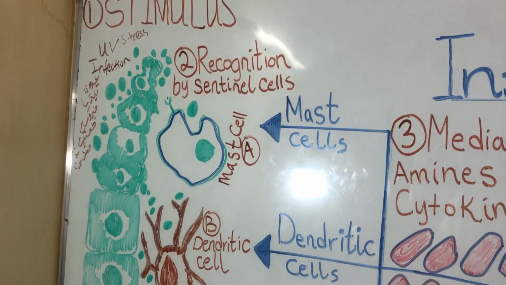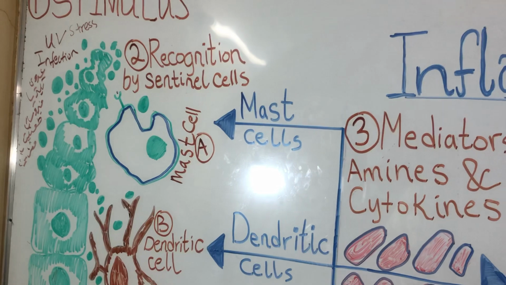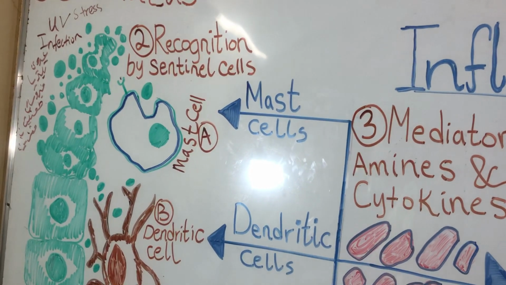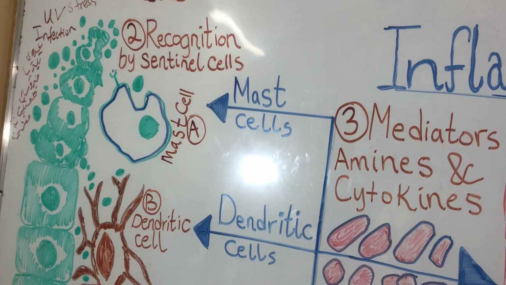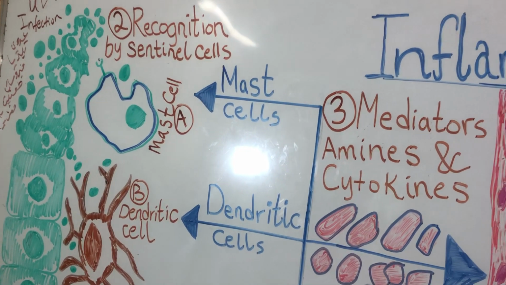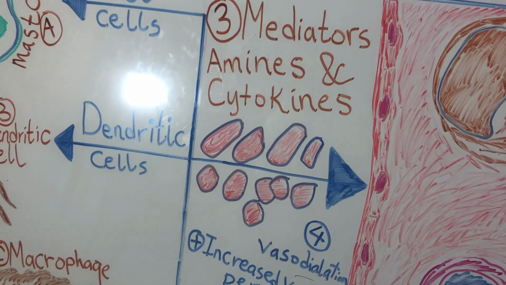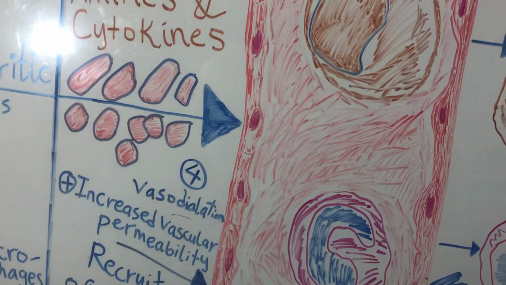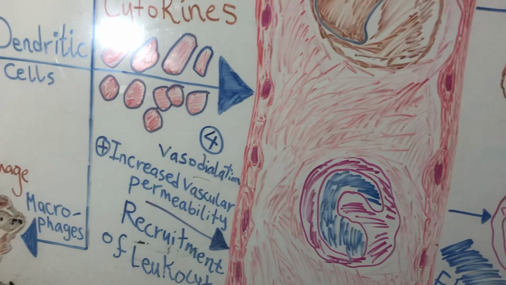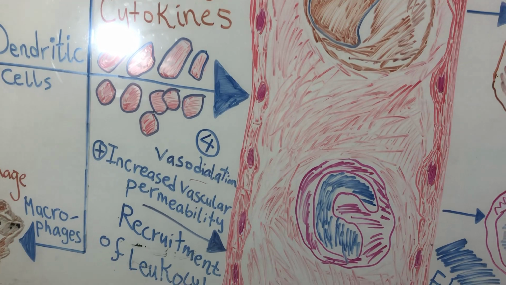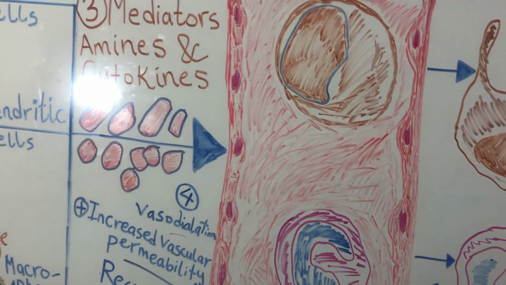Again, you have a stimulus, that is an injurious, stressful stimulus that damages the tissues and the cells, and there are built-in resident sentinel cells such as mast cells, dendritic cells, and macrophages that detect the necrotic debris of the injured cells, or they can detect the infective agents, and they can send mediators such as vasoactive amines, cytokines, prostaglandins, and so on into the blood, and that causes vasodilation to increase the blood supply to the site of injury or inflammation, and that increases vascular permeability and retraction of endothelial cells to make openings and pores through which neutrophils would leak out to the site of inflammation, where they can combat